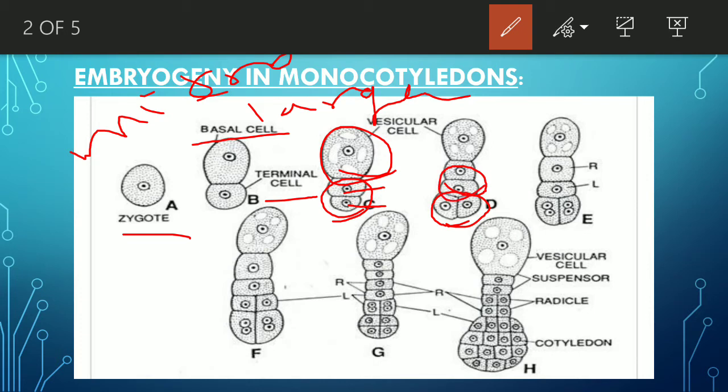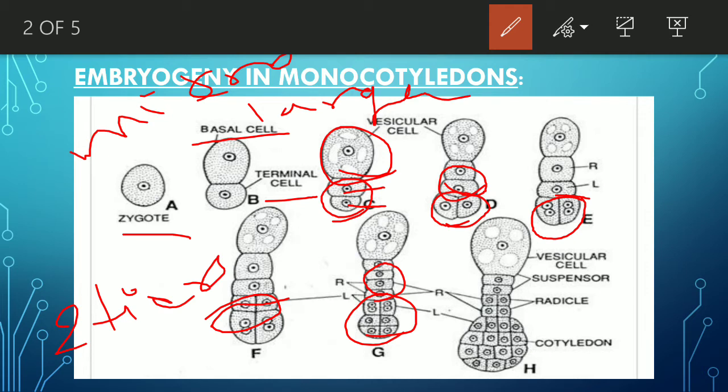In the next stage, the two cells once again divide vertically, forming quadrant, and the cell next to the quadrant also divides vertically, and the cell next to the upper vesicular cell divides several times transversely. The quadrant now divides transversely, forming the octant. This octant has 8 cells arranged in two tiers